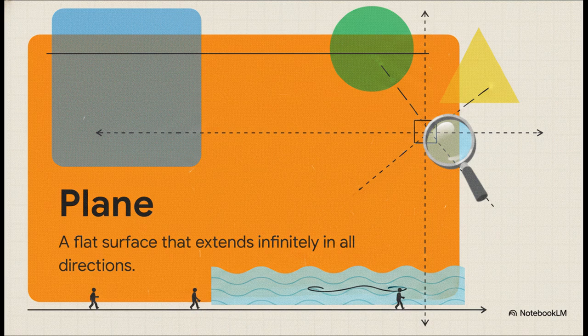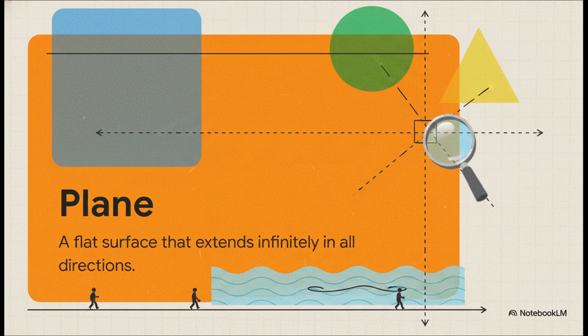A plane is a perfectly flat surface that extends infinitely in all directions. Think of it this way. If a line is a never-ending tightrope, a plane is a never-ending sheet of perfectly smooth ice. This is the flat geometric space where all our 2D shapes exist. So anytime you draw a square or a circle on a piece of paper, you're basically representing a 2-dimensional shape